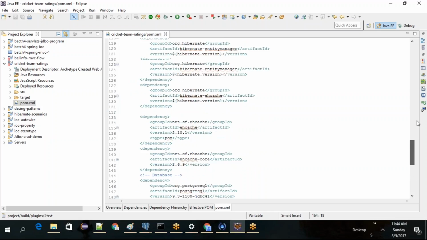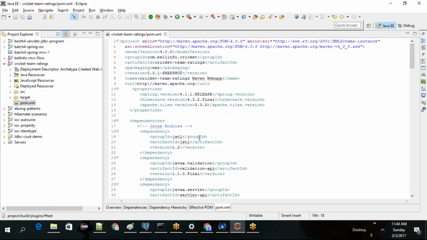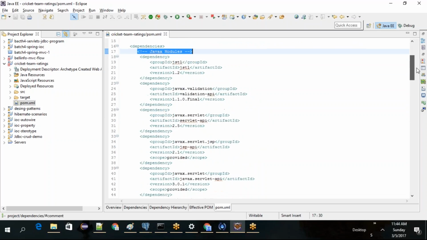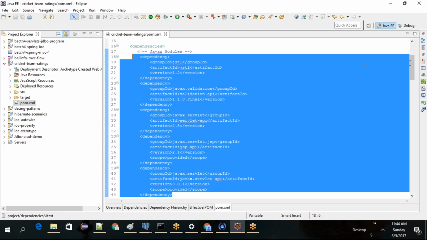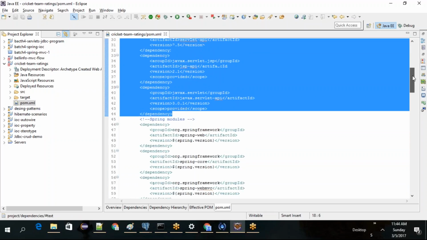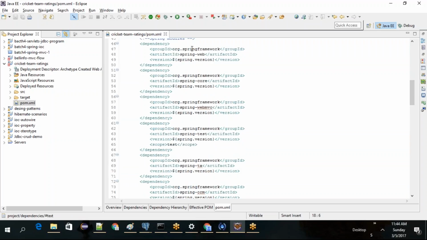Did we miss anything? Yeah, come back here. I'll explain. Okay, so these are the Javax modules. First thing, what are the Javax modules? JSTL modules, validation, servlet, JSP, Javax servlet. All these are Javax modules, just like Java modules. Then Spring modules. See, the group is going to be the same. If you look, all the Spring modules have the group org.springframework, but the artifact is going to change: Spring Web, Spring Core, Spring Web MVC, Spring Test, Spring Transactions,